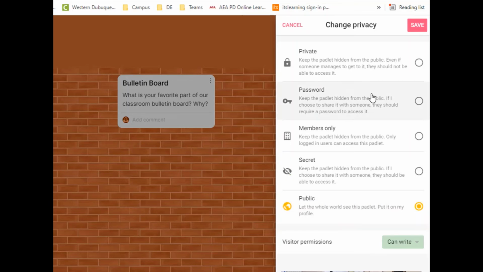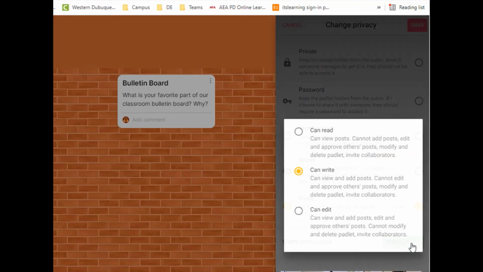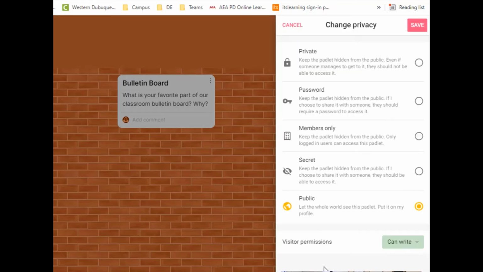Now you could have a password that would have to be entered before people can get in, or you can enter the names of students in. And then under your permissions, you can choose, they can only read it, they can write to it, or they can also edit. Not a good idea necessarily to choose edit. Leave it kind of as the can write, because that's the most typical format that you use. I'm going to click Save,